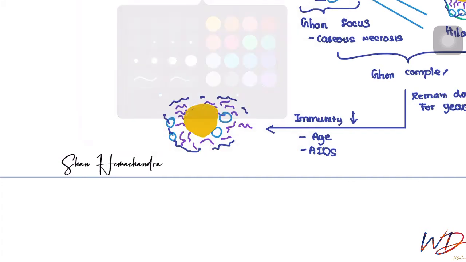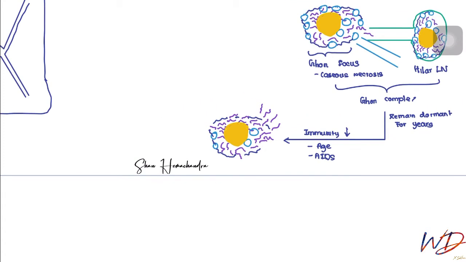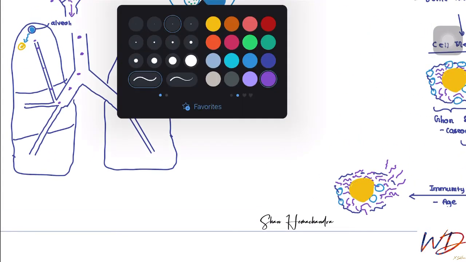So now the control, what stops it from growth, is inhibited. And now these will reactivate. In the sense, they get to leave their place and enter into the, they will travel along either airways or